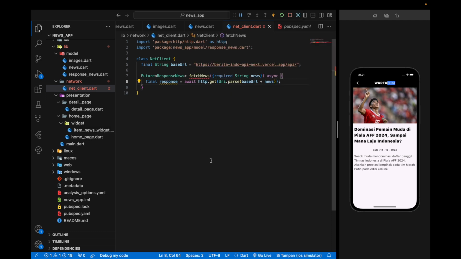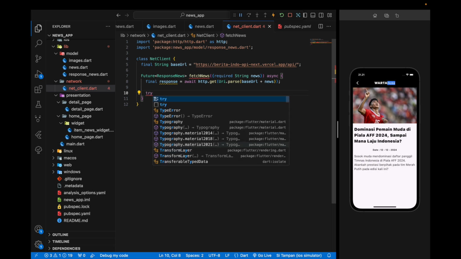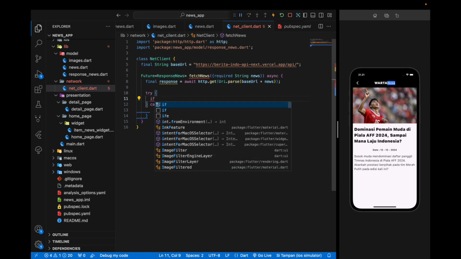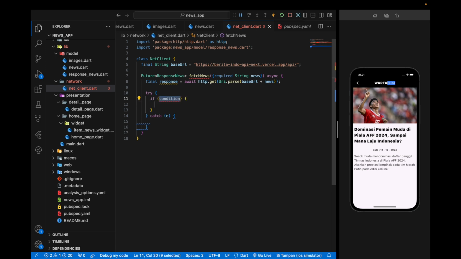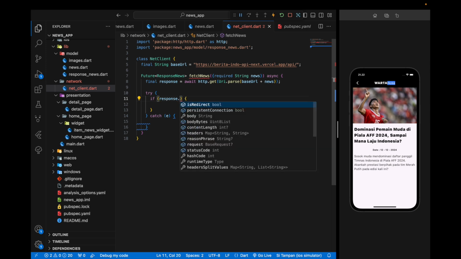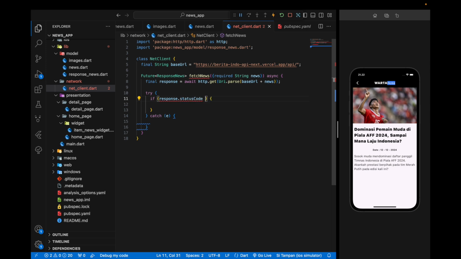Don't forget the semicolon. Next is we want to make try. Inside the try we want to use the condition response dot status code equal 200,